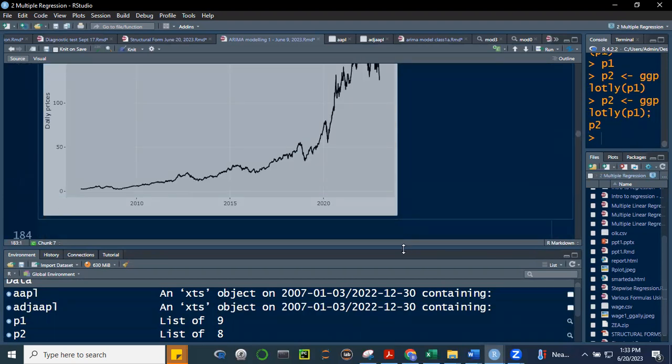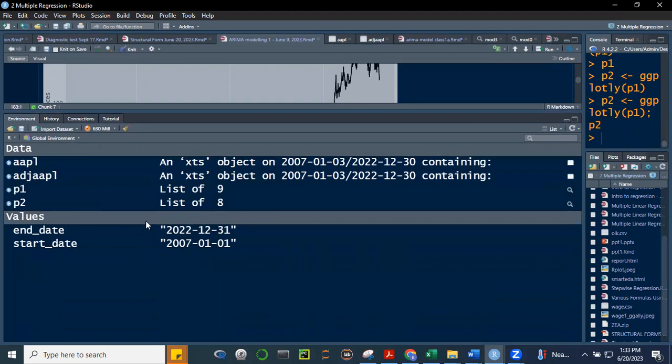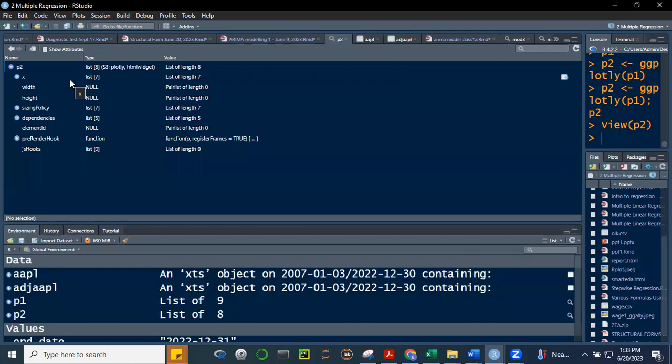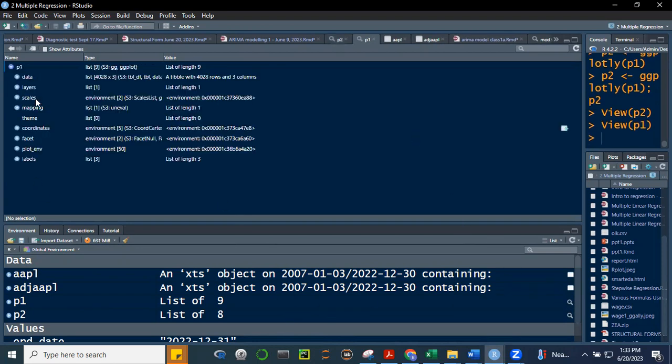And then you can see now that magkaiba si P1 at saka si P2. P2 is only a list of 8. Yan. Ito lang siya, no? Pero iba yung laman niya. Okay, tingnan mo yung mga laman ni P2. Merong mga sizing policy, dependencies. Si P1, if we run P1, okay, di ba iba, no? Iba yung laman ni P1 as an object and P2 as an object. Kasi, class, P2 is actually a